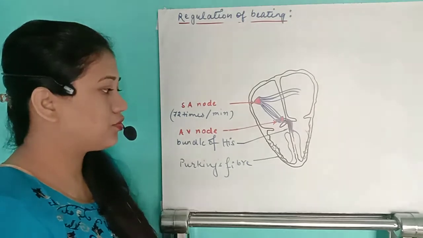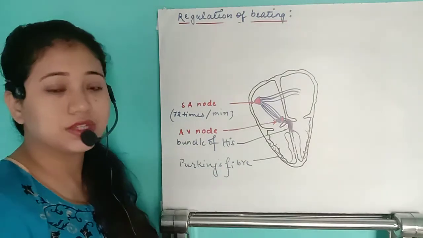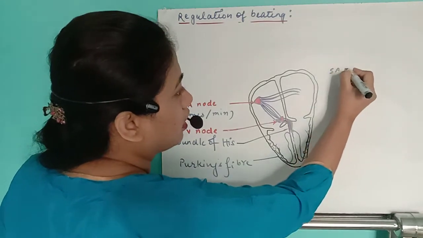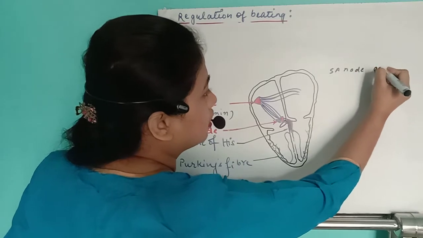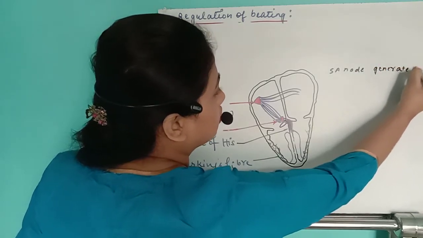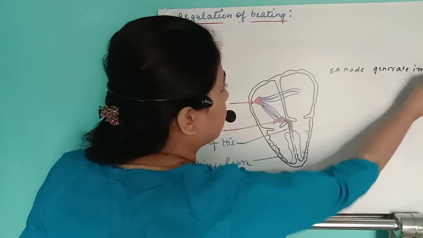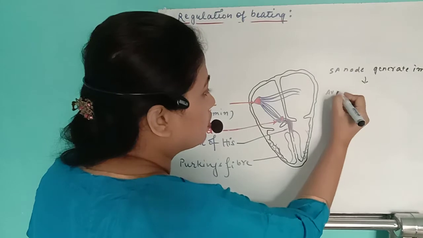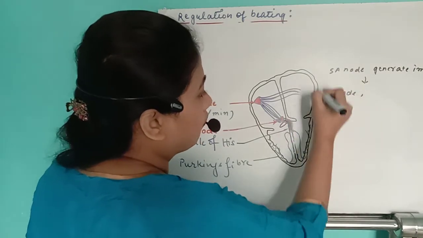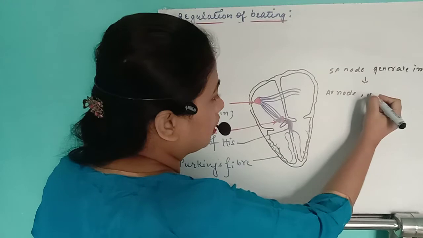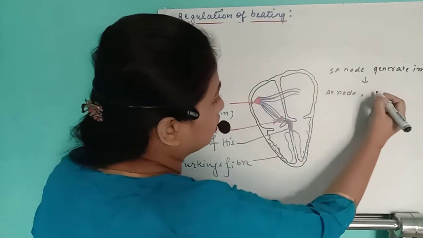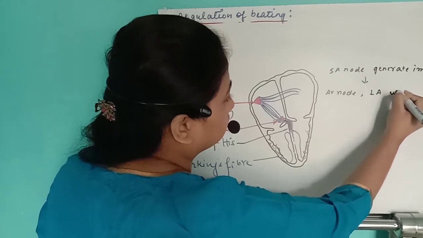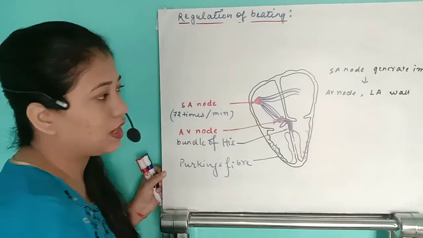Now once again we have to know how this beating will be created. First of all, this SA node will generate the impulse. Now from this SA node, this impulse will go to two regions. One is the AV node and another is the wall of the left auricle. Okay, then after that what will happen? Both